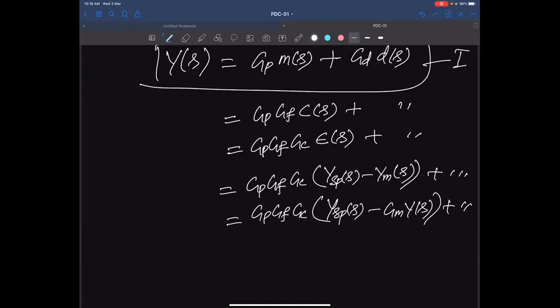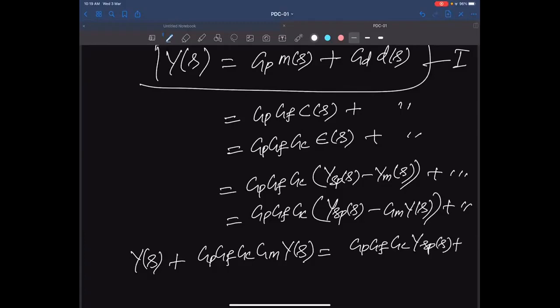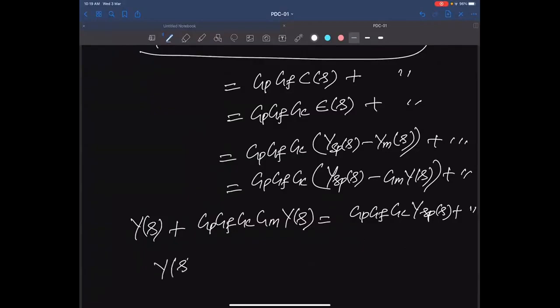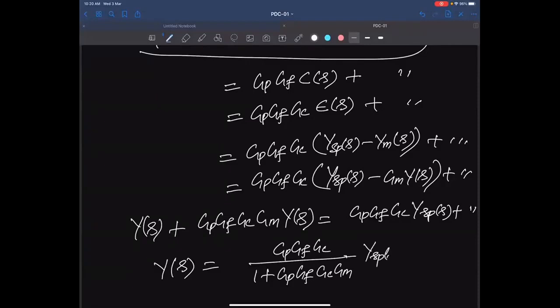Okay, now we can rearrange so that we can take this Y of S to one side. Y of S plus GP, GF, GC, GM. Otherwise, this entire right hand, we are taking this YM to the right hand side, which is 1 plus. I'll write it again better. So Y of S plus GP, GF, GC, GM, again Y of S equal to GP, GF, GC multiplied by YSPS plus we have GD, that entire group is available. GD and DFs is available. So again, you can group this, we are going to now write this to the final form, which is GP, GF, GC by 1 plus GP, GF, GC, GM multiplied by YSP of S plus